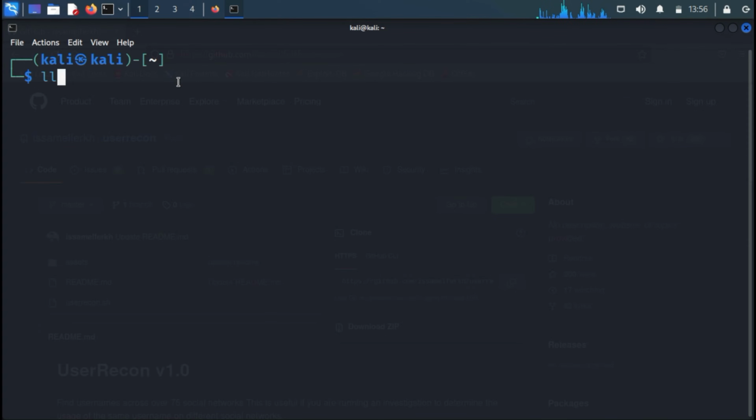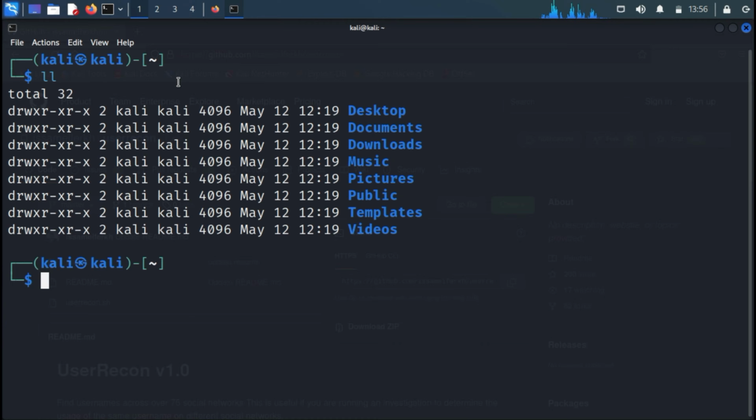And first of all, let me list the directories and all the files which is present over here. So as you can see, these are the files here. So I will just write git clone and I will paste the link.